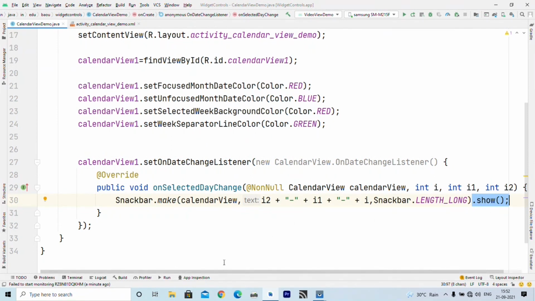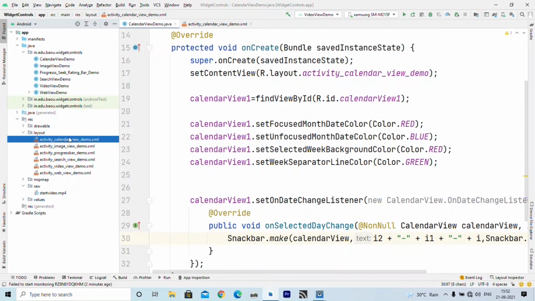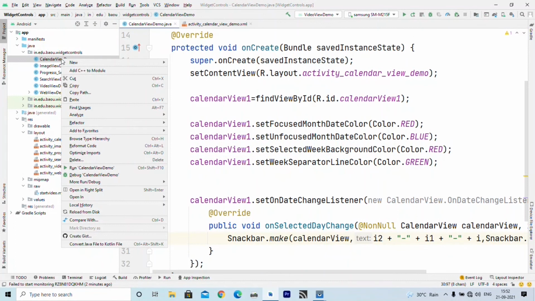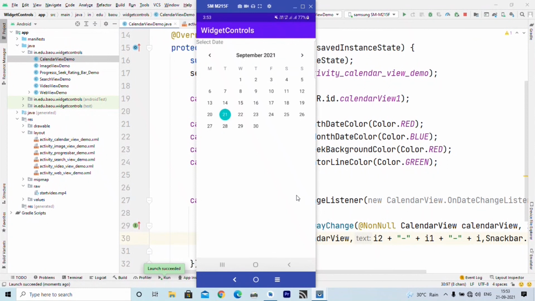So let us see what will happen when a particular date is selected by the user. For that we need to run this in the device. So right click on calendar view demo and then select run. It will open that inside my device. Now on screen you can see that my calendar view demo activity is running. By default the current date is selected.